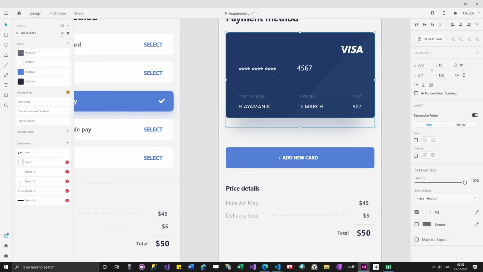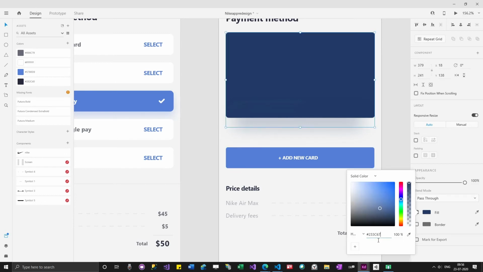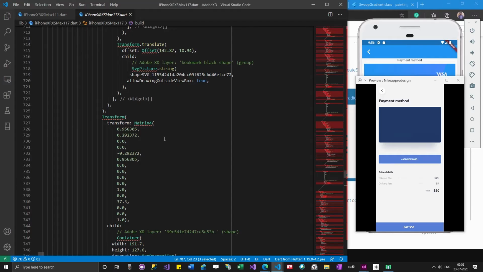Okay, see, the other way of getting this color is, I can just click this icon here and hover my mouse. So I get this color over here, right? I'll just select the value from there. I can get the other types of values also. I will get this value. So keep this aside.